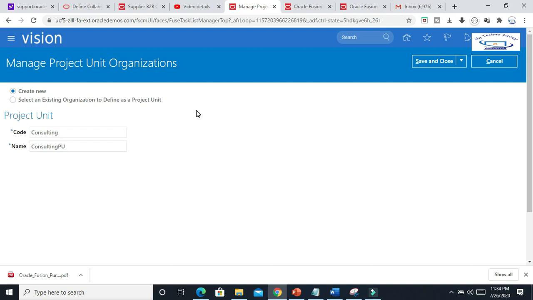In other words, it is additional control given by Oracle Fusion to do certain kinds of configurations. Save and close. So this is our consulting project unit organization.